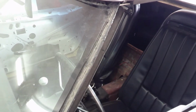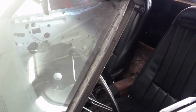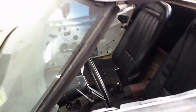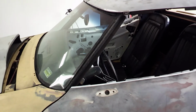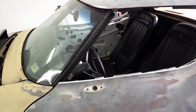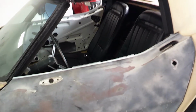So at some point I'm going to be pulling out the windshield, and I'll try to tweak on the windshield frame a little bit, do a good inspection, make sure there's no corrosion. But so far I'm pretty confident that there's no major corrosion. There is definitely surface corrosion on the bird cage of the car. It's all throughout it, but I've looked extensively and I haven't seen anything major. So anyways, at some point, like I said, I'll be doing that, but this was kind of a mismatch of